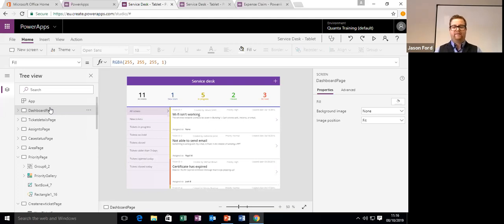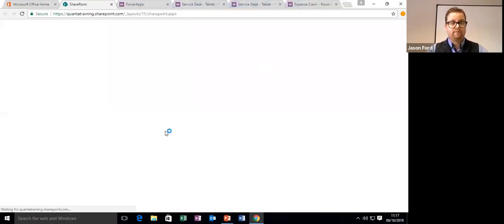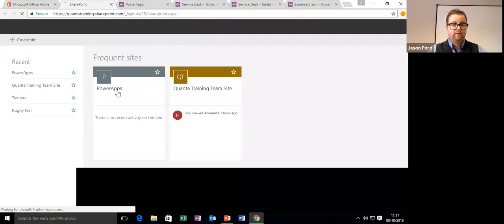Where we truly get value out of this is when we actually start connecting everything up together, joining all the dots up, so that what we have is a place to store our data, a Power App to interact with it, and then some automated process in the back end, which brings it all together. So if I just get myself into a SharePoint site that I have created,